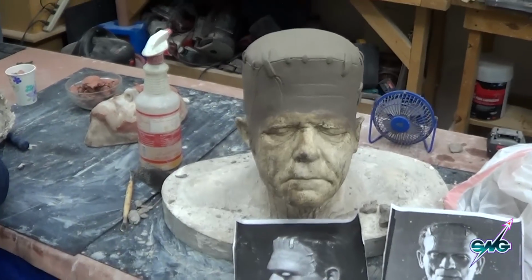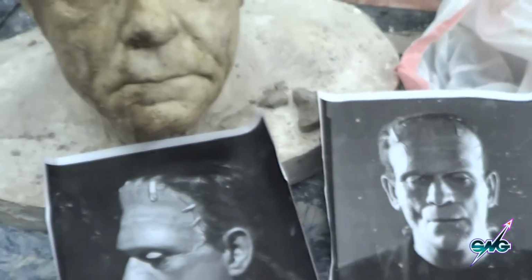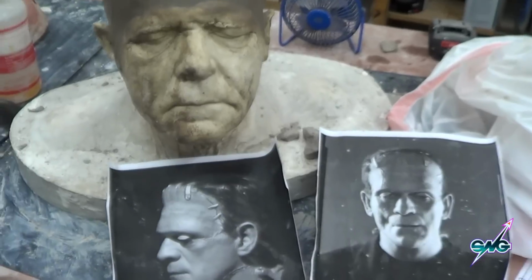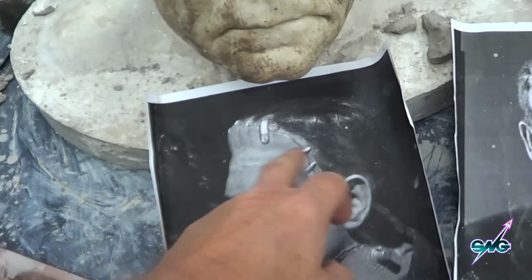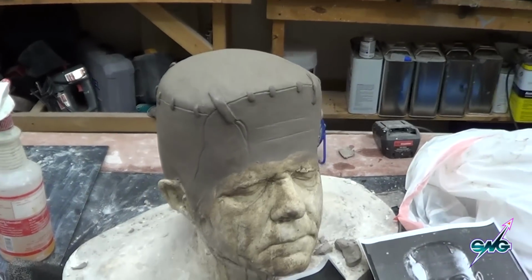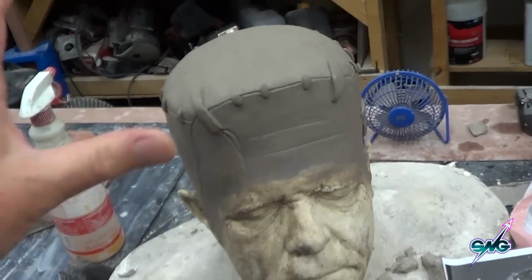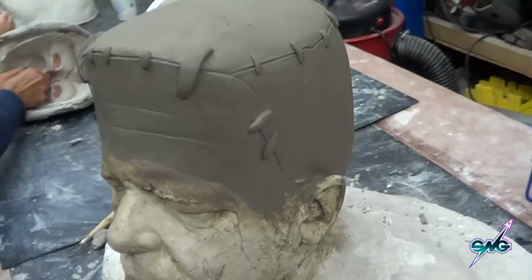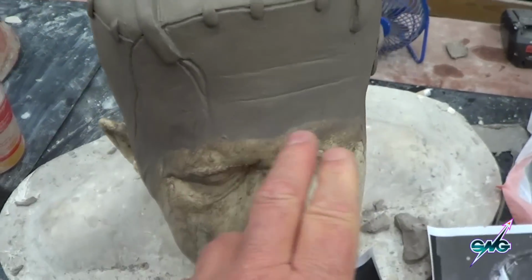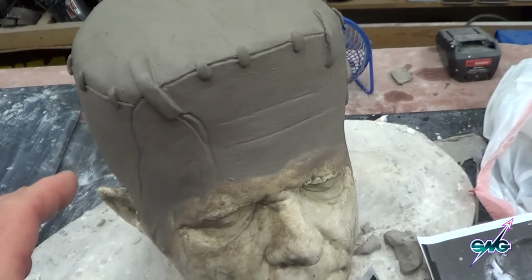Okay, so this is what I'm working on, and I am going to make myself into Frankenstein for Halloween. I don't want to do it the way it's usually done these days, and I'm doing it the way Jack Pierce did it, mostly. The actual headpiece was just a latex headpiece because they did not have foam rubber back in those days. They were just on the verge of having it, and they basically made a sculpture like this of a latex head cap that will be placed on the head, and then cotton and latex was built up over the brows. But what I'm going to do is cast up one of these in latex,